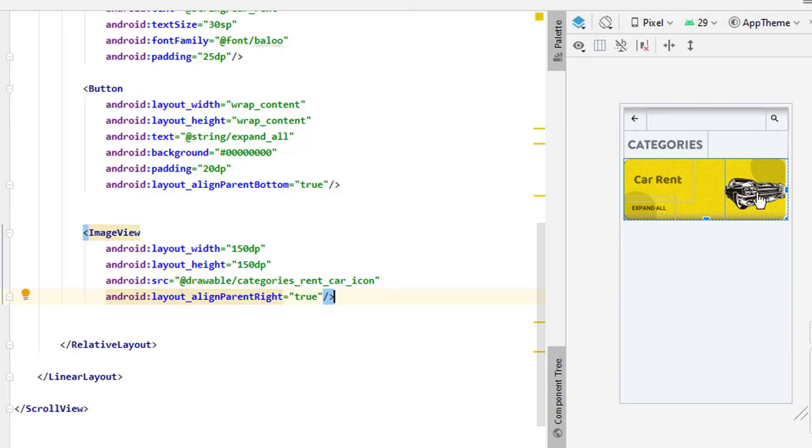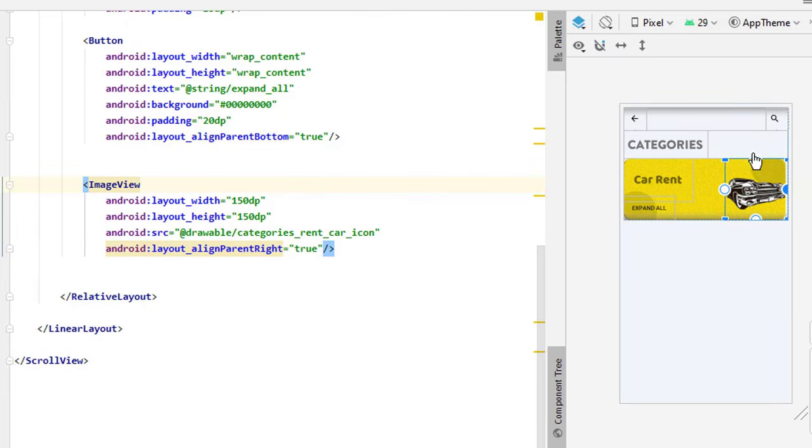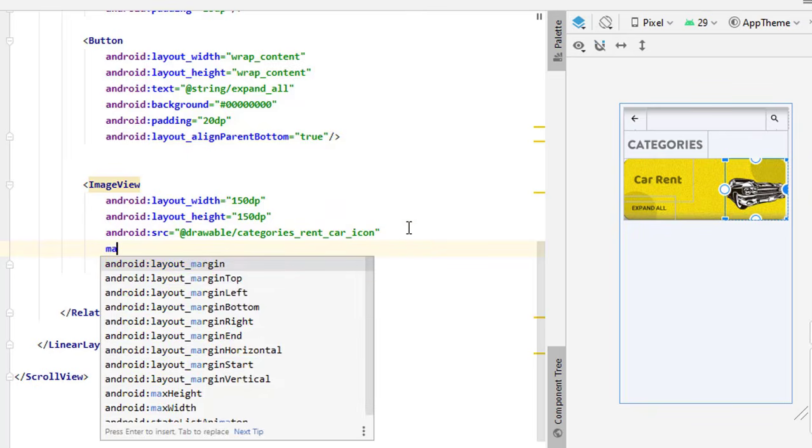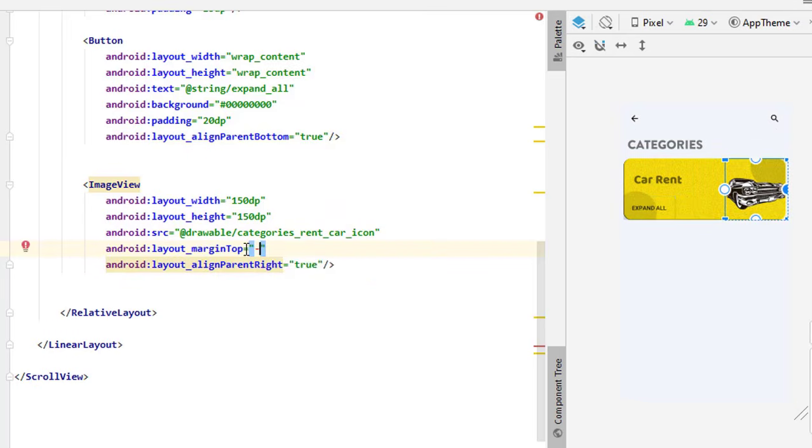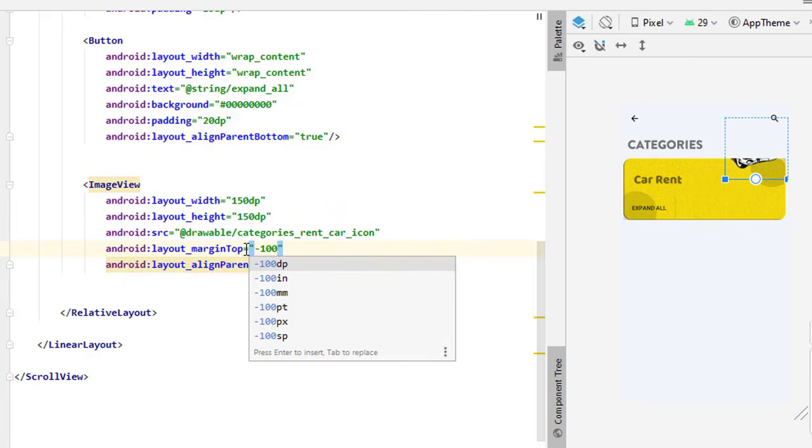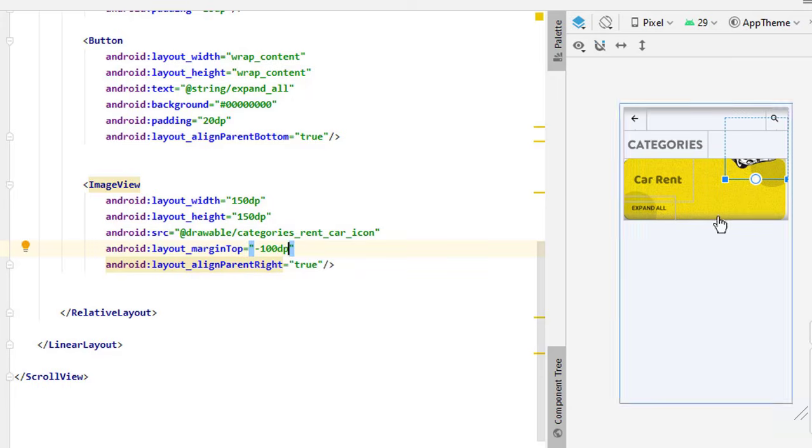Okay, now the thing is we want to place this image above this card, but if I do this by adding margin top with some minus value, let's suppose minus 100 dp or anything, you can see the image is invisible, or we cannot see that image,